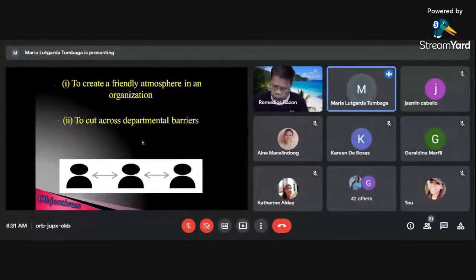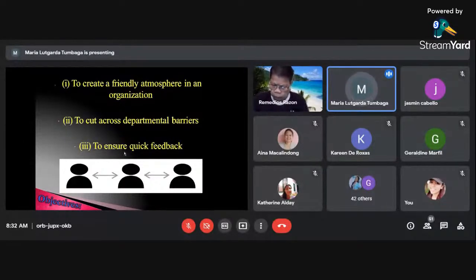So these are the objectives of the horizontal or the lateral communication. It also aims to cut across departmental barriers. Since it happens within the same department or the same level, it aims to cut across those barriers of communication. Another is it ensures quick feedback.